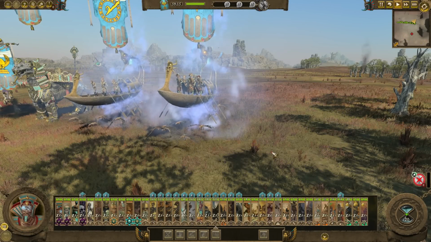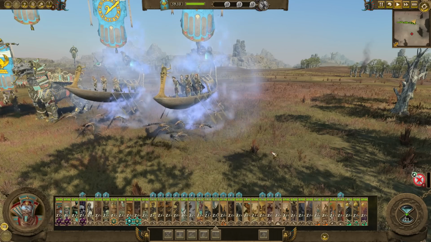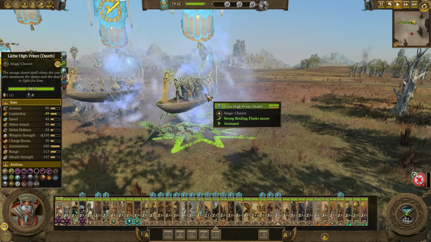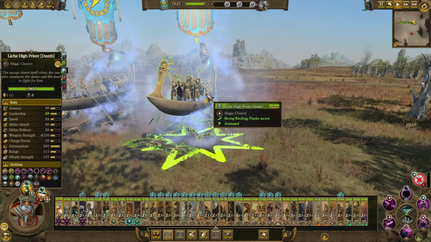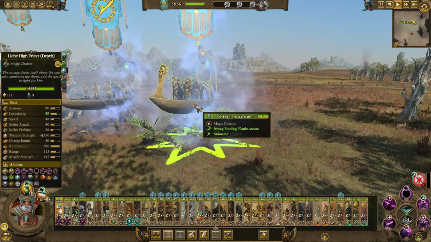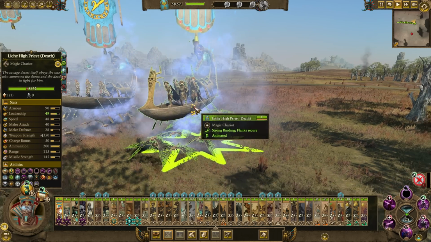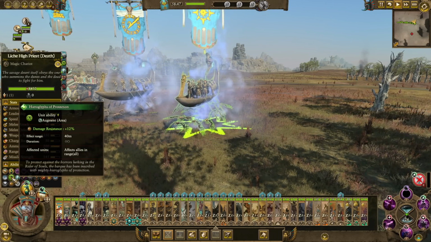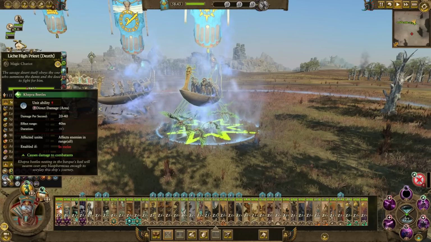Alright guys, now looking at our unit showcase, we're going to start off with our generic characters. So the brand new generic lord is the Lich High Priest. They are available in the Lore of Death, Nehekara, and Light. They're a very good caster. They have access to some great abilities, and for mount options, they have a Royal Tomb Bark. So this is basically like a flying chariot that has some good support abilities. It can give a ward save to nearby units,